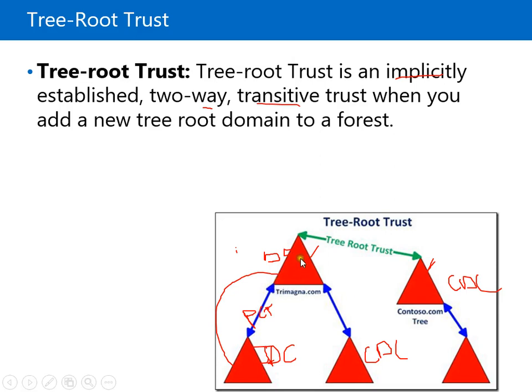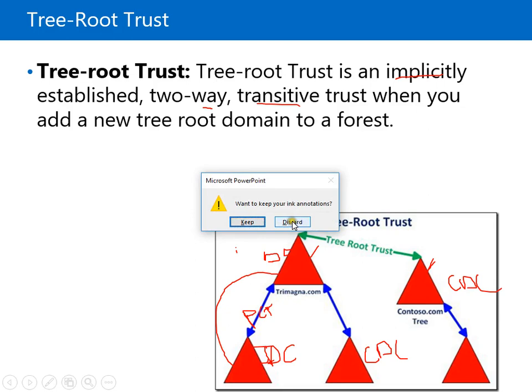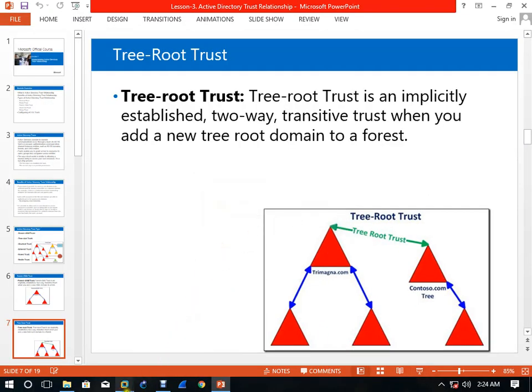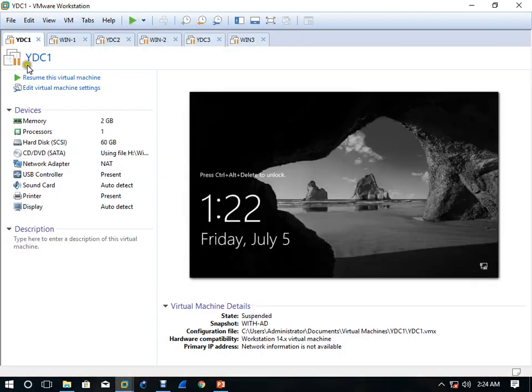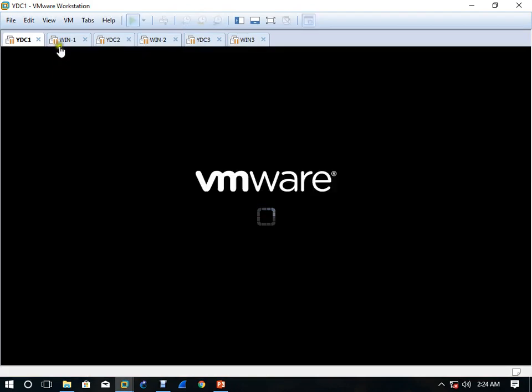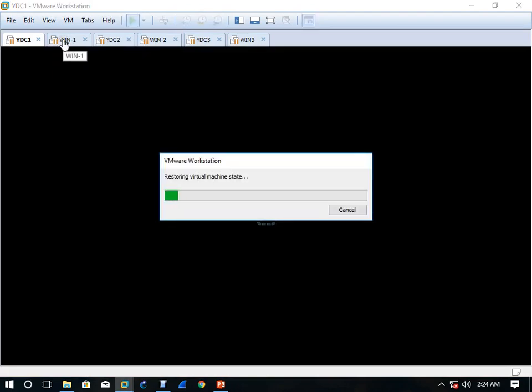So for this, how many servers do you need? You need two servers and two clients, one client for this domain controller and one client for the tree root server. So let's come here. We need one server as per the last lab.